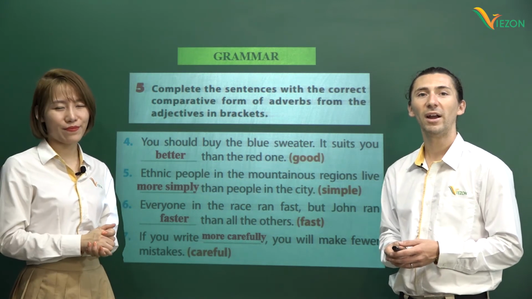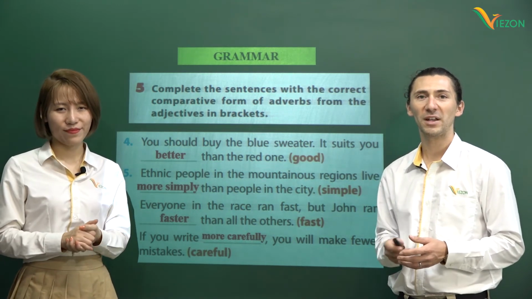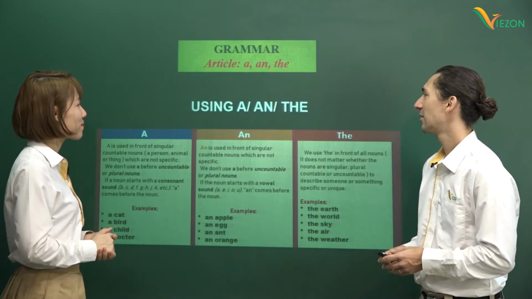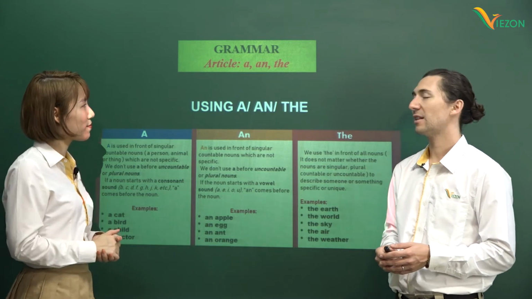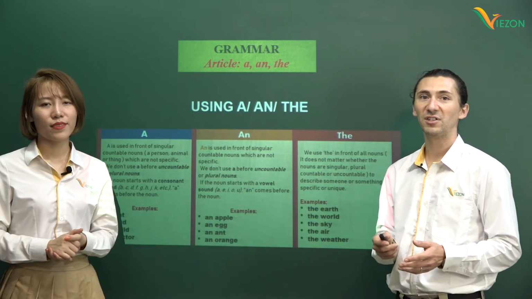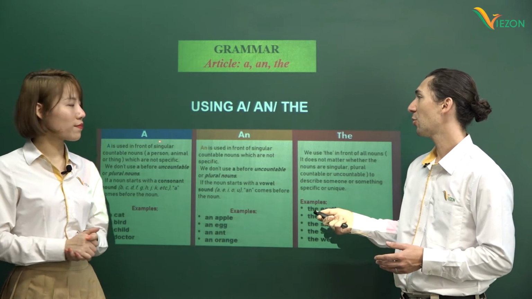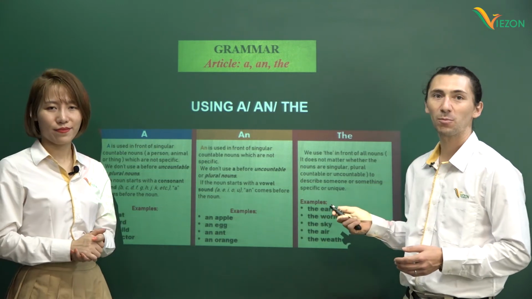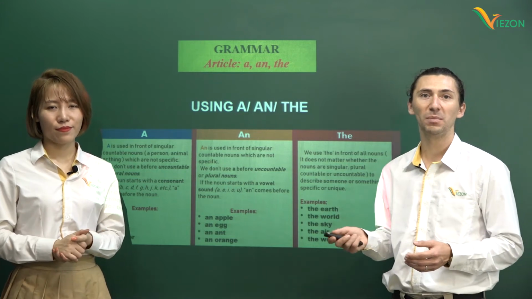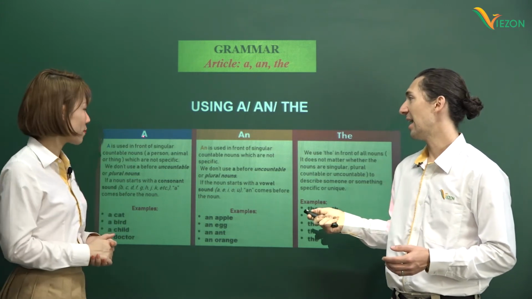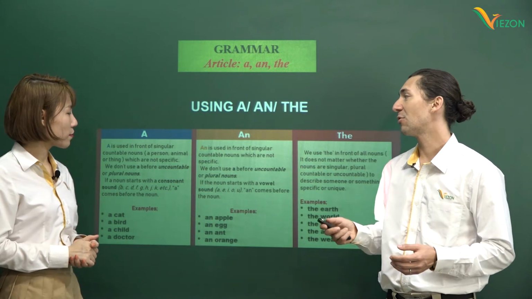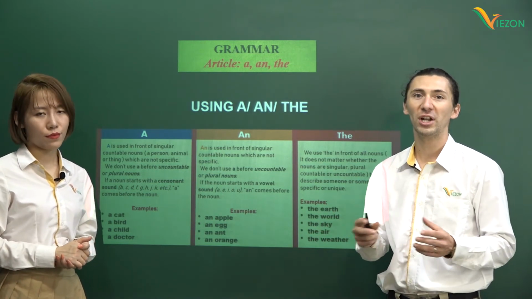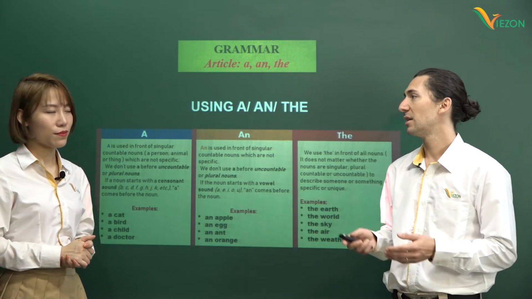All right, how did you do? Did your answers match ours? Good. Let's continue to the next. So now we have some more tips using articles. So just like we saw in the past units, we have the articles a, an, and the. So we've had some practice with this already, so now it's just going to be a review. For a, we use this when we have countable nouns. And we use this for information that we don't know. General information.